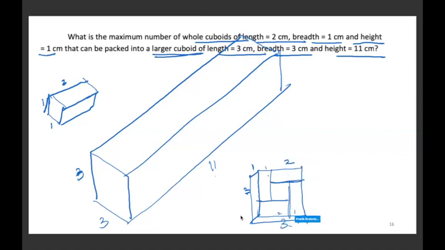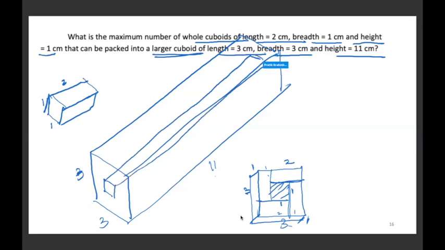Again 2, 1. So in the middle a 1 by 1 dimension remains, which is a volume that will be left out. This volume which will be left out in the middle here,